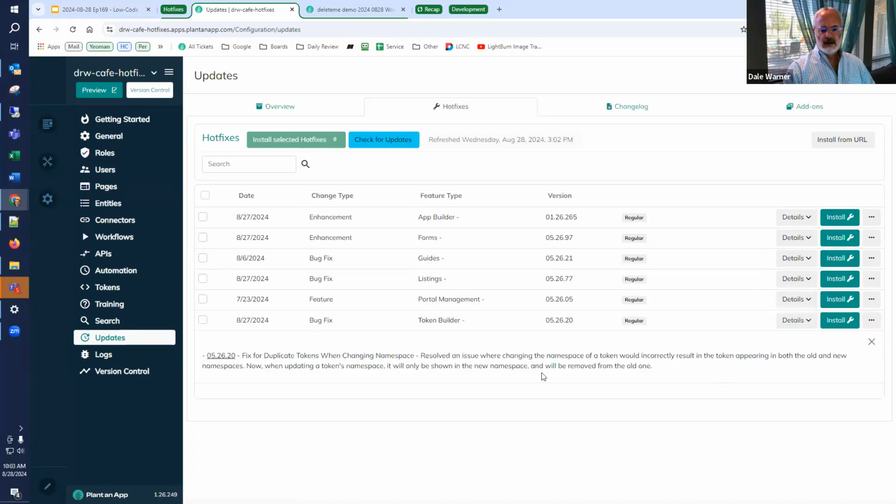So in the token builder, there was an odd circumstance, especially if you had a very slow connection, that you could end up with a duplicate token that confused Plantain App. So we're now preventing that. It happened when you were clicking save, like if you were double clicking the save on that function. So that